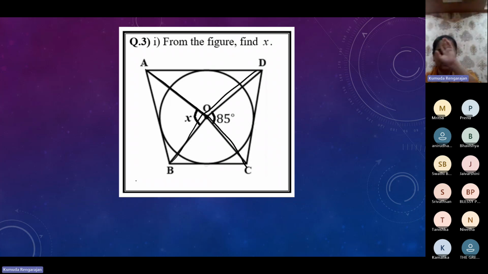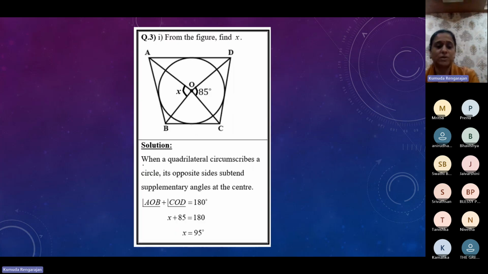BOD is a broken line. It's not a straight line. So don't say vertically opposite angles are equal. You should use the property x plus 85 is equal to 180. So x is equal to 95. You should mention that property. When a quadrilateral circumscribes a circle, its opposite sides subtend supplementary angles at the center. Write that and then